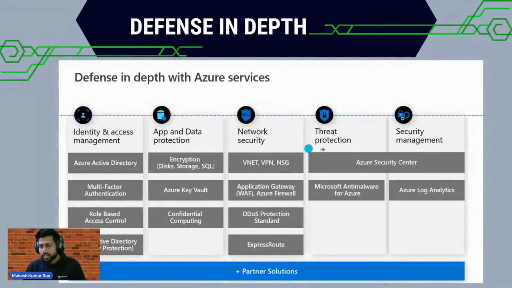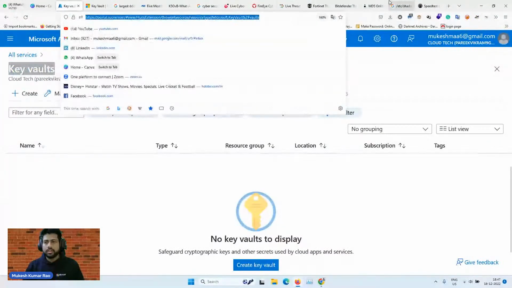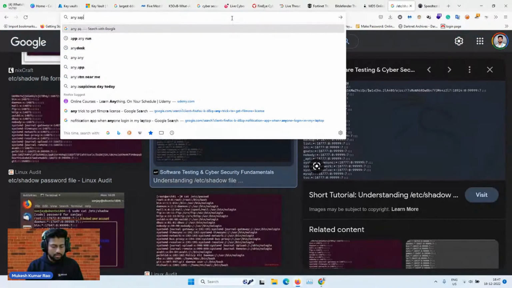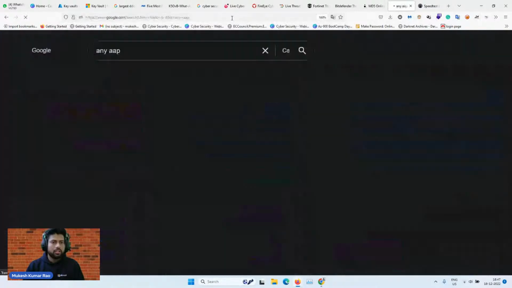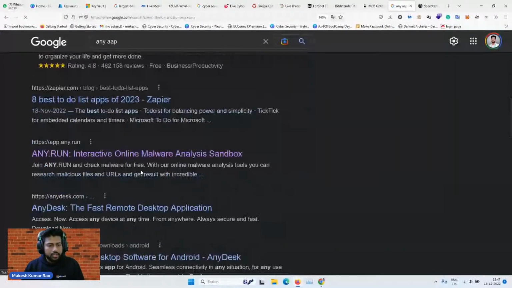Then threat protection and security management is a long-term perspective for an experienced person, because there we are building future security defenses, and malware and anti-malware systems, to learn new things and work on them. Even if I can showcase it, okay, we have little time. Let me showcase one more thing. Any.app, where is it gone, app.any there.